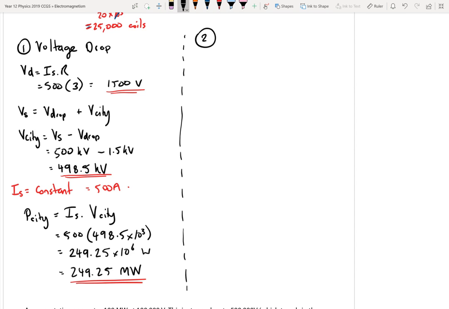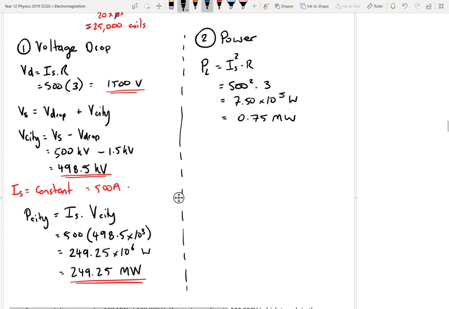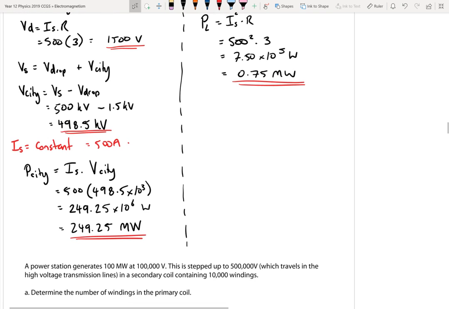Rather than looking at voltage, which remember the voltage drop law is really conservation of energy, let's look at power, which is also going to be looking at the conservation of energy. We have an equation that power loss is I squared times R. So let's look at the amount of energy that is lost in our circuit. 500 amps squared times 3 ohms gives 7.50 by 10 to the 5 watts. That is 0.75 megawatts, which is the number that I asked you to consider